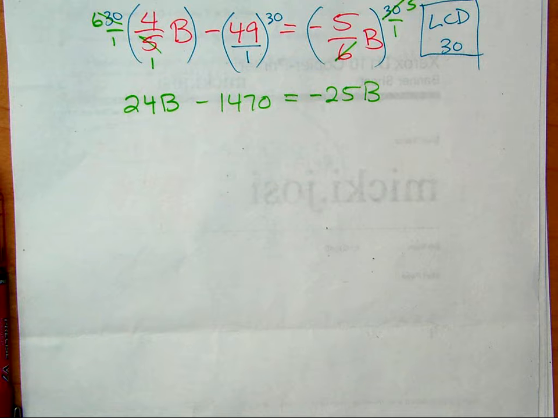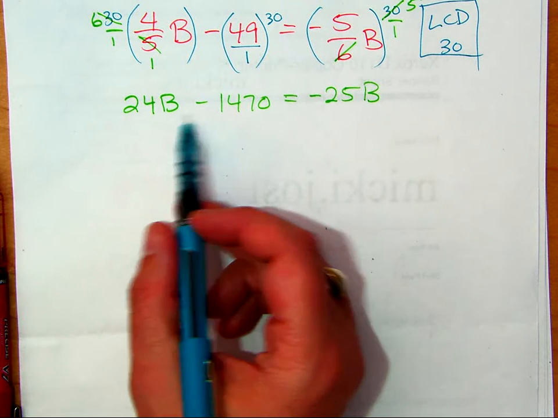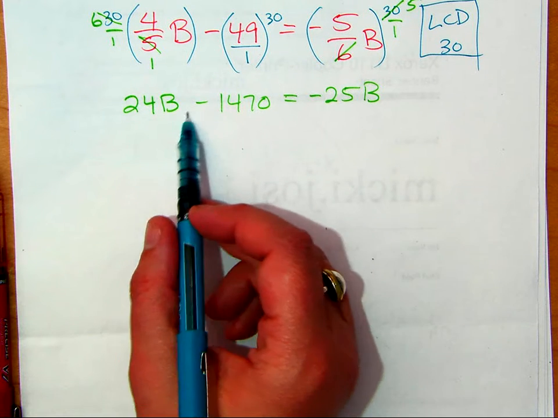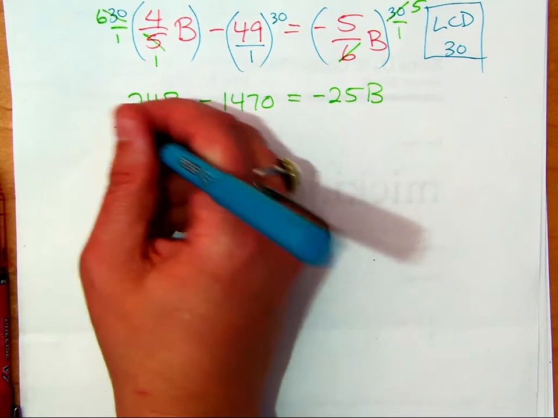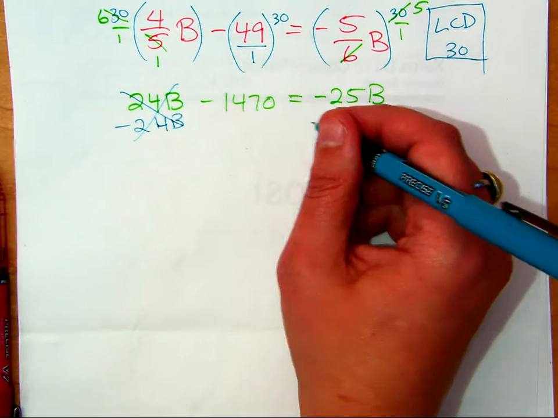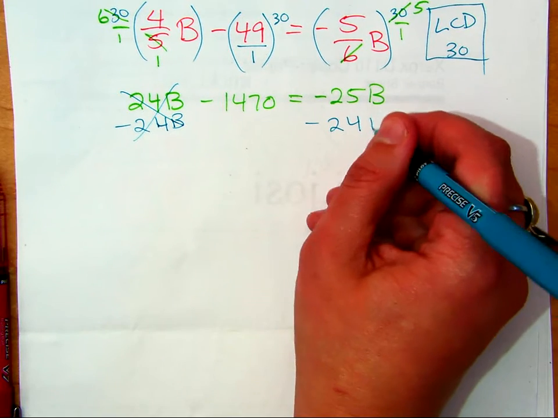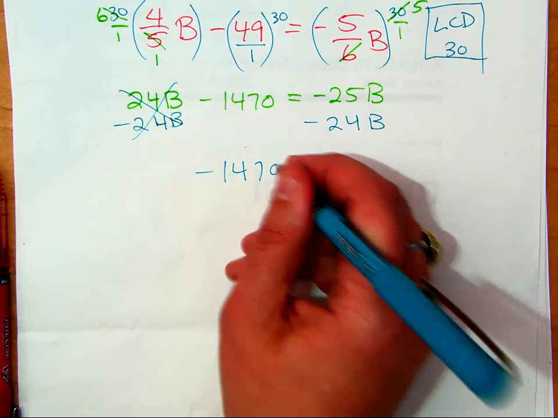What should I do next? Combine? Can I just combine? No? I have to get all the b's onto one side. So leave the number alone. How do I move these b's over? Subtract 24b. Now that's gone. I do the same thing to both sides. I have negative 1470 equals